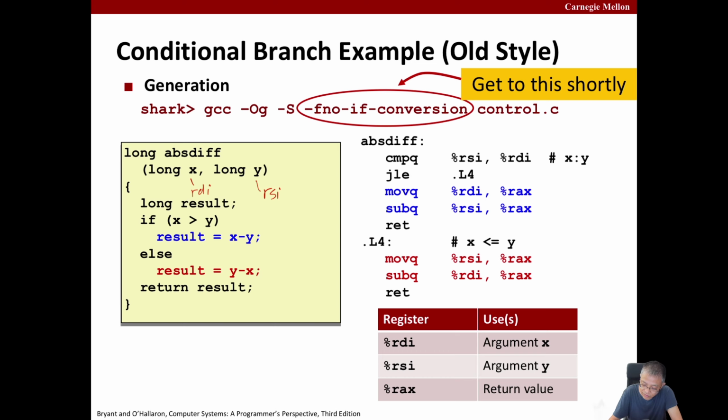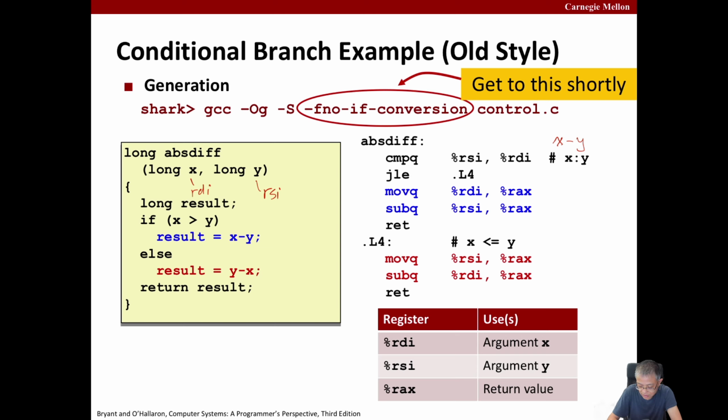The first instruction will compare RSI and RDI, so it will basically calculate x minus y. If it's LE, less than or equal, that is, if x is less than or equal to y, it will jump to